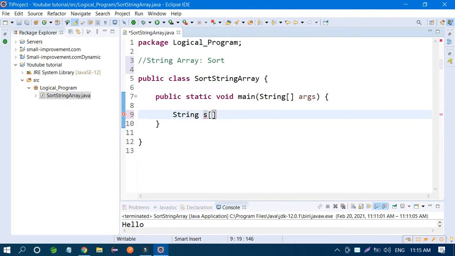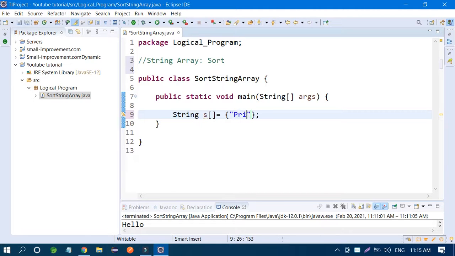not array, equal to double quotes. You can take curly braces, anything you want. Just take our name, our country. For example, you have 10 students and you have to sort them in alphabetical order. You have all the names and you have to sort this data on the basis of alphabetical order. So how can you sort?